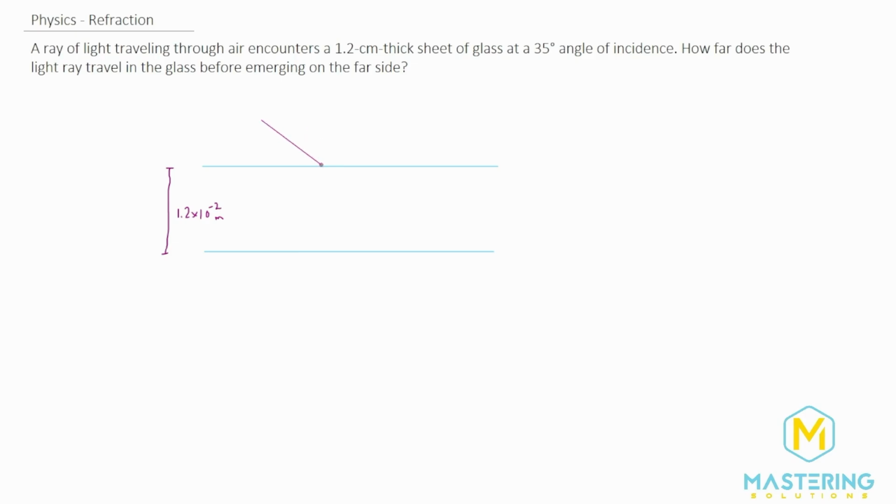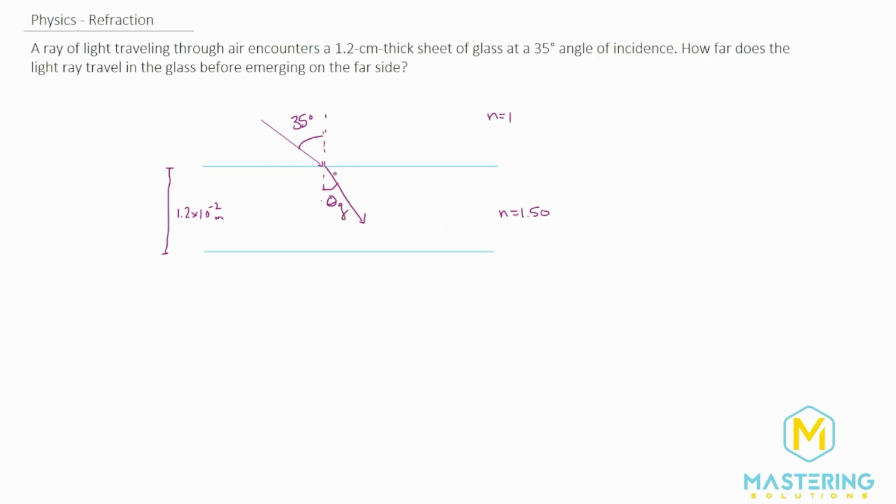So the angle of incidence is always from the normal to the ray. And so here is our normal. So this angle here is going to be 35 degrees. The light is going to refract because we have an n of 1 and an n of, let's say it's glass, they say, so 1.50. And so we're going from a low to a normal index of refraction, so it'll refract towards the normal. And then this here is some angle, we'll say theta sub g.